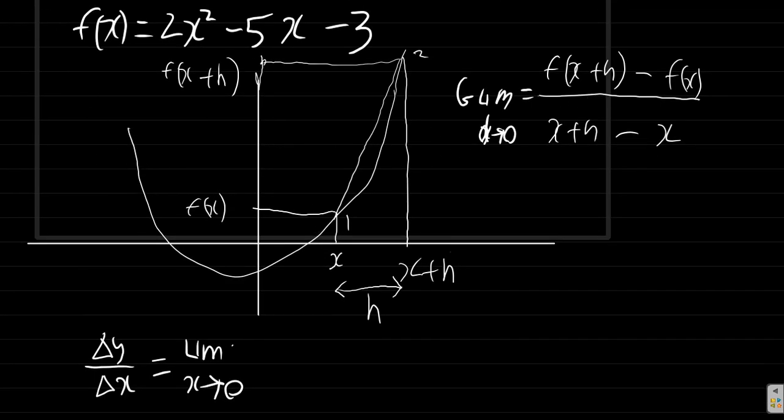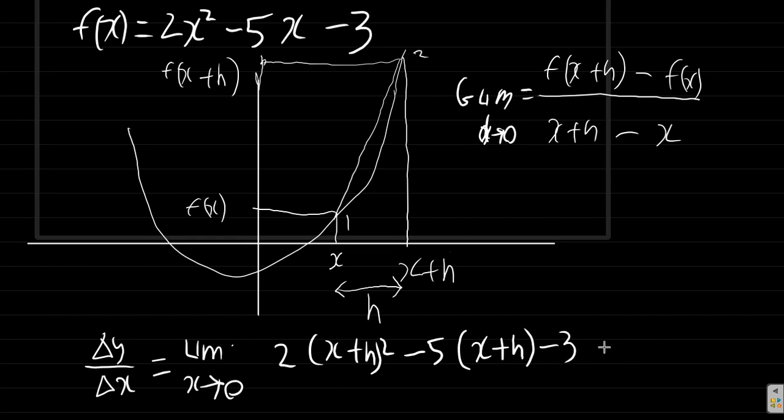It is going to be f of x plus h, which is 2 times x plus h squared instead of x squared, minus 5 times x plus h, minus 3,